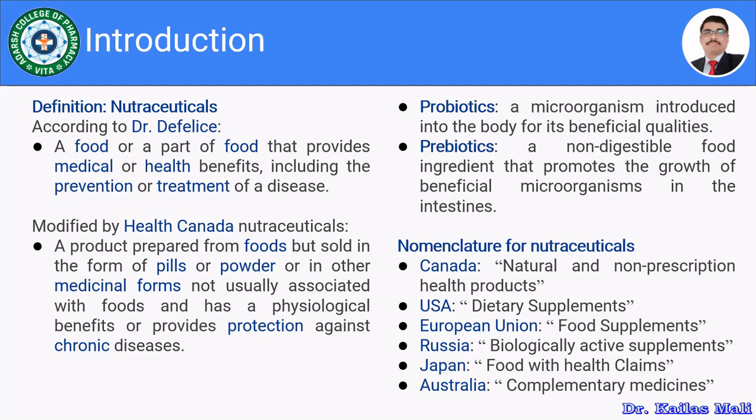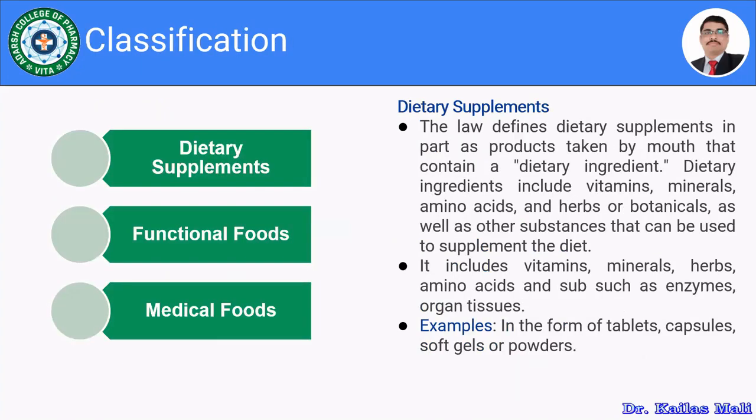And all these nomenclatures comprise the functional foods, the nutraceuticals, the minerals, vitamins, dairy products, prebiotics, probiotics, and herbals, right? So this is about the introduction to the nutraceuticals. Let us move towards the classification of nutraceuticals. There are many ways, and we are going to discuss all these ways,